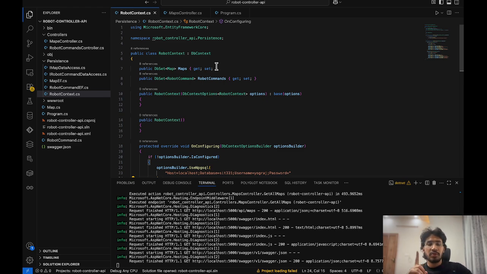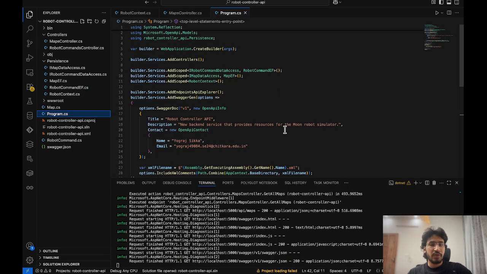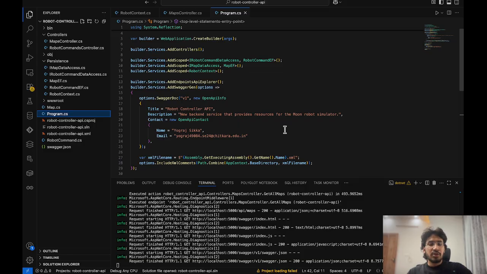Firstly, I installed the Swashbuckle package. The Swashbuckle library automatically generates Swagger documentation from the ASP.NET Core controllers and the models as well. After installing the package, I moved into the program.cs file, which is this file. This is the most important file in this project, because it configures all the things in the ASP.NET Core application we had built.